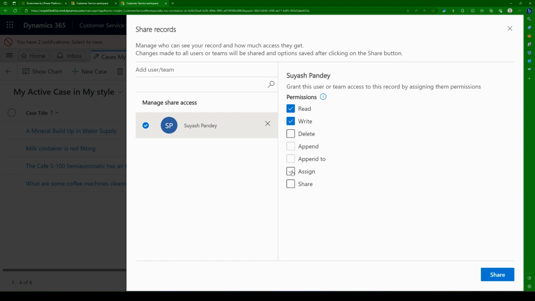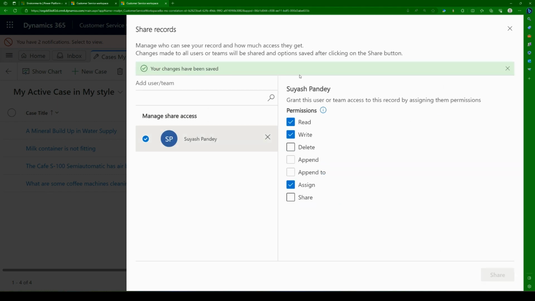And you can also give them additional permissions to assign this view to someone else, or share it to someone else. So that's also a good thing, because tomorrow, if let's say you leave the company, then there is no way for you to actually reassign it to someone else. But if you gave this option to someone, they can always assign it to someone else themselves. And when you click on share, this view will be visible also to the new person that you shared. In the same way that I shared it to a user, you can always share it to a team as well. But this is the max that you would want to know about when it comes to